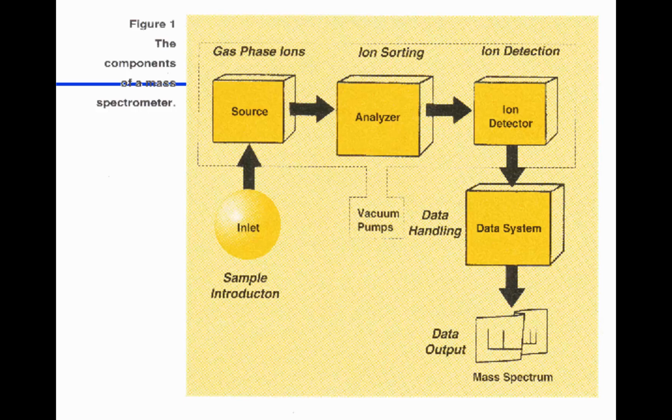We don't have any ions. The more ion-free, air-free we can have, the better our sensitivity of the system. So here's our inlet. One way, like I say, we've got to get a sample into this high vacuum